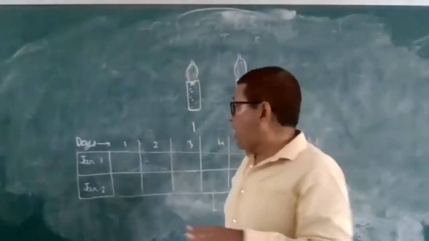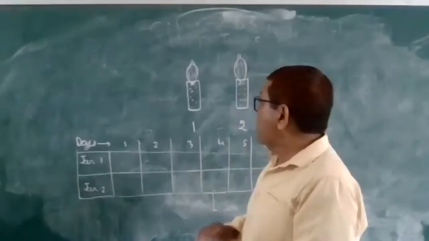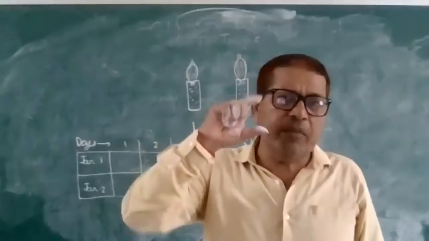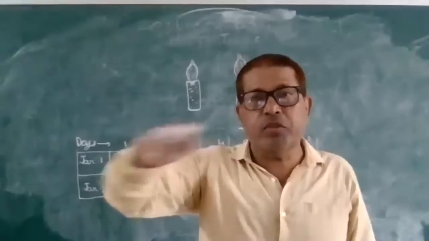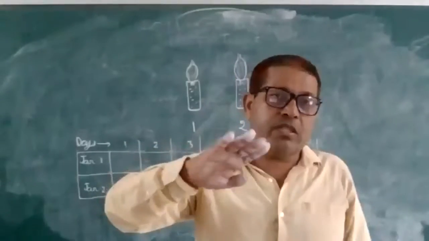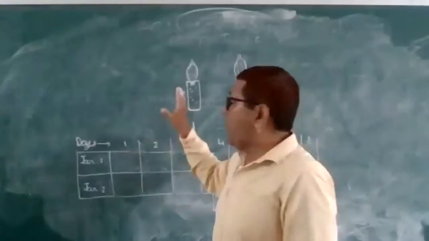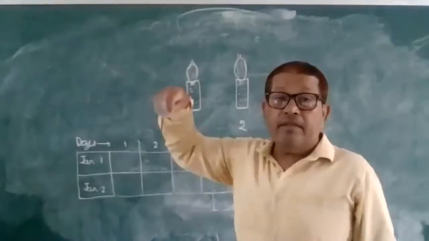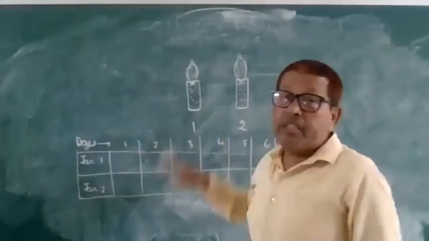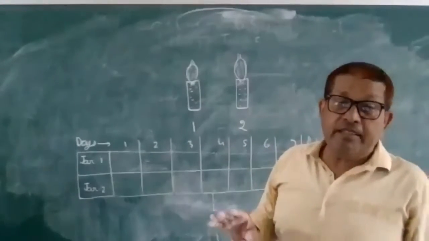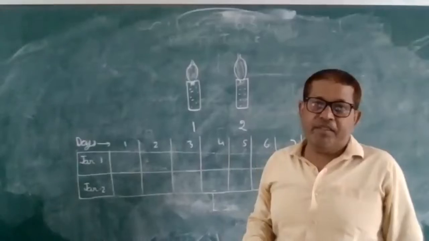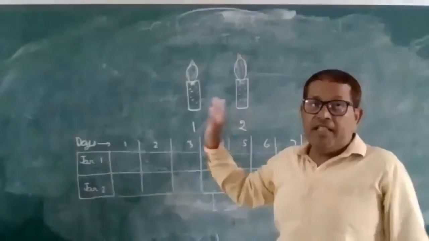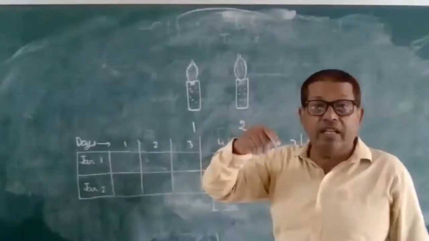So suppose you are keeping the jar here. First, you take onion bulb. Understanding? And then remove all the roots. Now, in both the bulbs you remove. And now keep the bulb on the mouth of the jar as shown in the picture. And just after 1 day, you measure the length of the root in both the cases, both the jars.